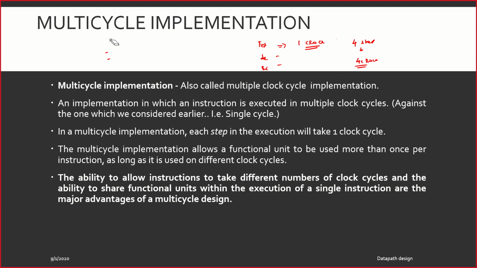I reiterate, if I have a memory or if I have an ALU, I may use it twice for an instruction in the entire flow. Right? It will have to use it, in fact, because we have multiple clock cycles and each stage needs one clock cycle. And in this clock cycle, if I read something from a register, in another clock cycle I may have to write it back to the register. So what I mean is very simple. A functional unit will be used more than once or could be used more than once. Just remember this point. We'll understand this clearly when we go further. I'm just introducing you to the multi-cycle implementation today, and tomorrow we'll go deeper into it. There you will understand it much more clearly.